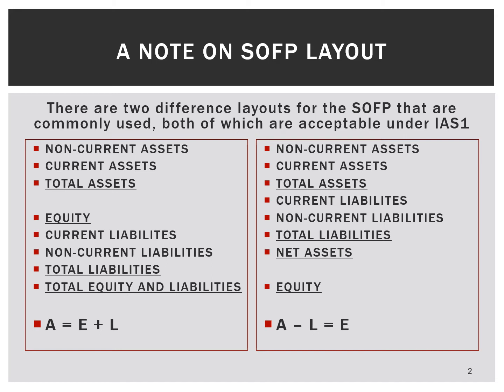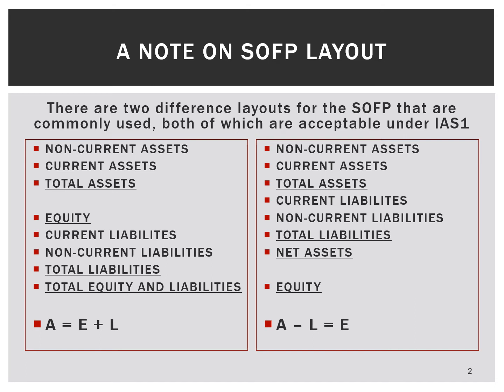The equity and liabilities are then added together to give a total equity and liabilities figure. So in this particular layout, if we think back to the accounting equation, that's what we've got. We've got the assets total equaling the equity plus the liabilities,